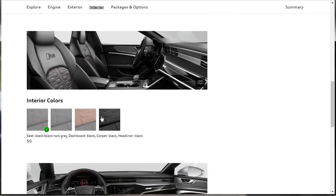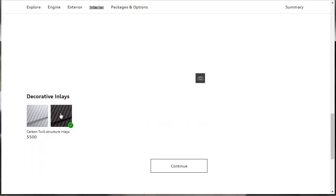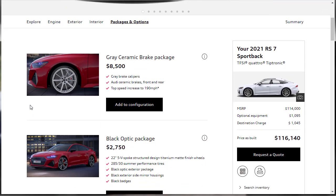With the sports seat color, how about here's the black. Here's the black with no red stitching. I think that's all black with no red stitching for the seats. I want the carbon twill inlay, decorative inlay. And then there's the gray ceramic brake package,